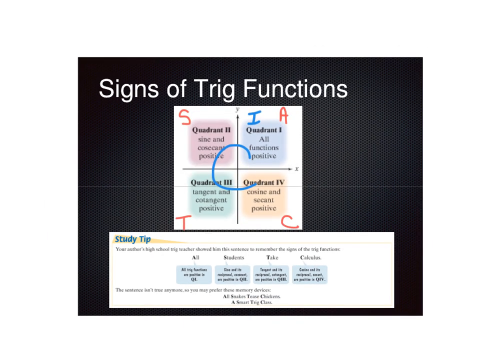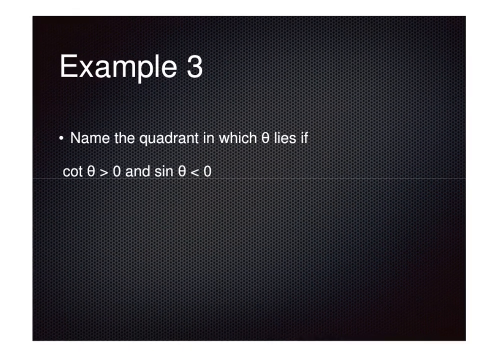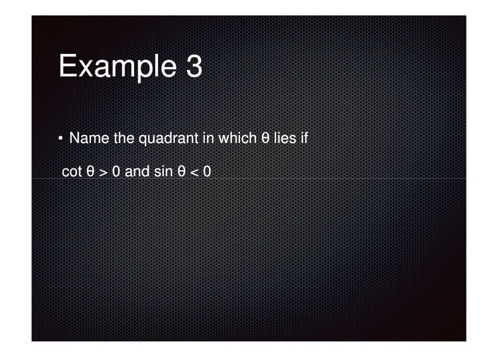Here is why this is important. You'll have a question on your test, and this is what it says. There are no numbers involved here. They want to know what quadrant the angle lies in. Okay, which quadrant? 1, 2, 3, 4. If these two things happen, so the first thing, in order to show me your work and figure this out, I would draw a coordinate plane. Everybody with me? And I would write A,